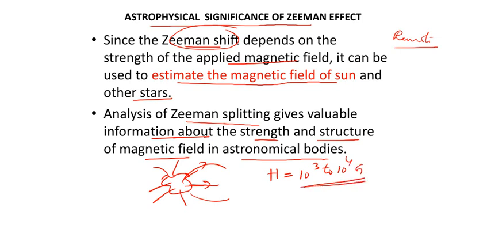It is based on the Zeeman effect. Okay, and you know that this is many times greater than the Earth's own magnetic field, which is just 0.38 gauss. And you can see that a number of visuals are available on the net. You can see that the Zeeman effect will be shown just like this: a single line is split up into something like this. This is a way in which it is practically shown, around what is known as a, at the background of what we call a sunspot. So that's all about the importance of the Zeeman effect. Hope you can understand this one.